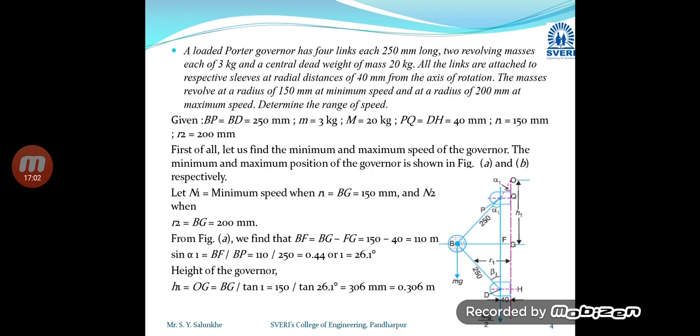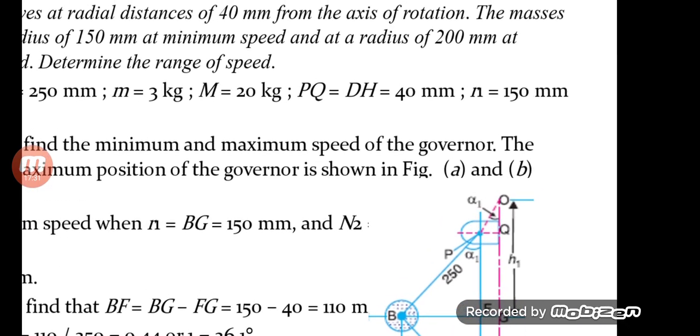Now it is given that BP is equal to BD, that is, the arms of the governor are of equal length, and the length is given as 250 millimeter, which we can convert into meter. Here one can convert it to 0.25. Small m is 3 kg, capital M, that is the central mass, is 20 kg. PQ is equal to DH. Now from the diagram you can see what this PQ is